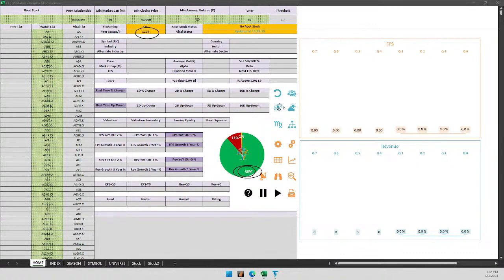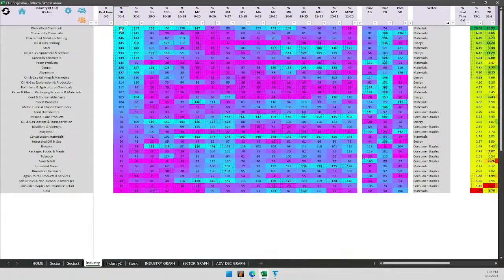That is very bullish. But I don't want to look at all the stocks in this mid-price liquid stocks list. I want to only look at the stocks that are in the strongest sectors, in the strongest industries. We already found the strongest sectors, and now I am looking at the industries in those sectors, and I'm highlighting only those industries that are among the top 20%. And now you can see this is the industry scorecard. Again, it has